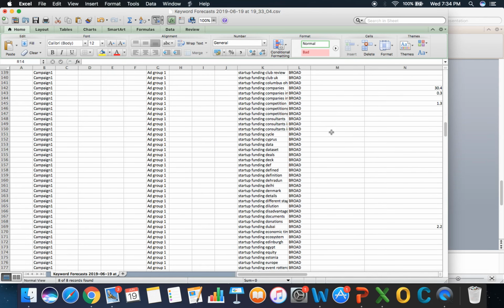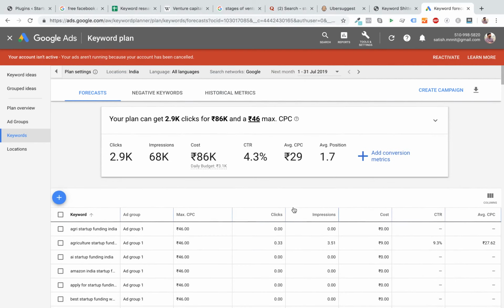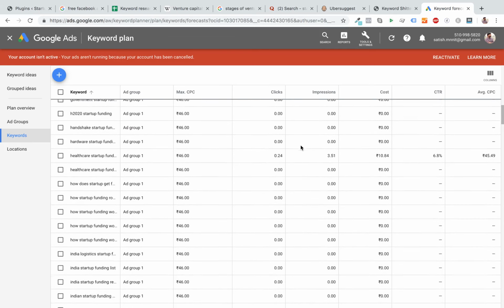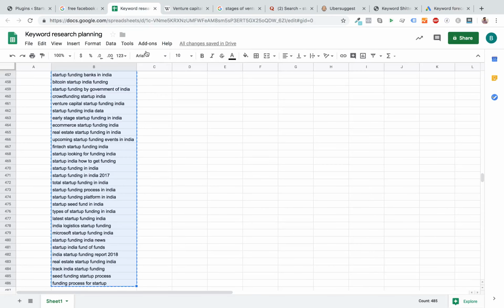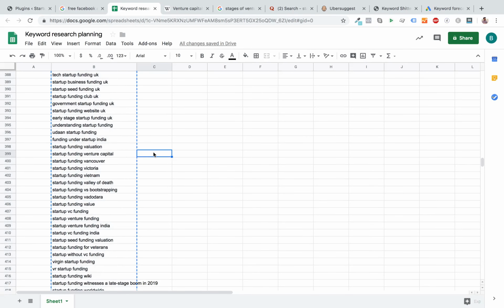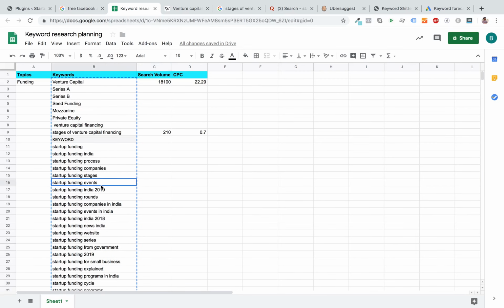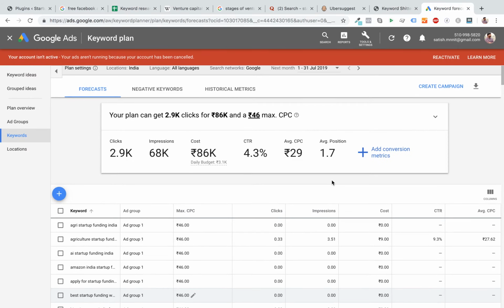Okay, so what I'll do is tidy this up a little and copy paste the data to give you a look and feel of the whole idea. You can simply copy paste this here, get the cost data here and the volume data here, and explore some of these ideas as to what are the things that I would want to focus on. Let me just do it here itself in the keyword planner, because there the data is not updated.